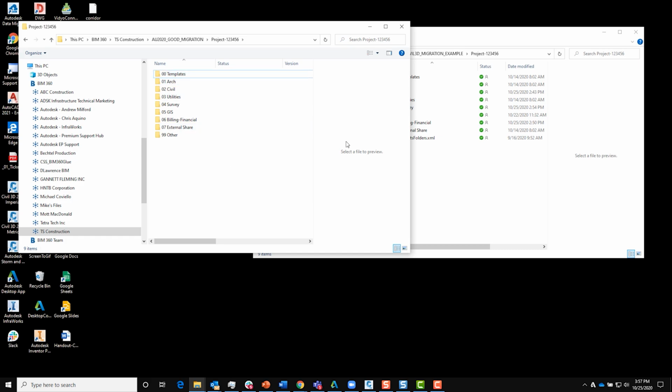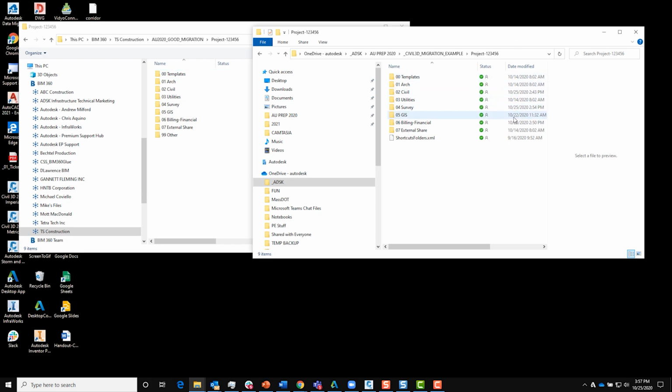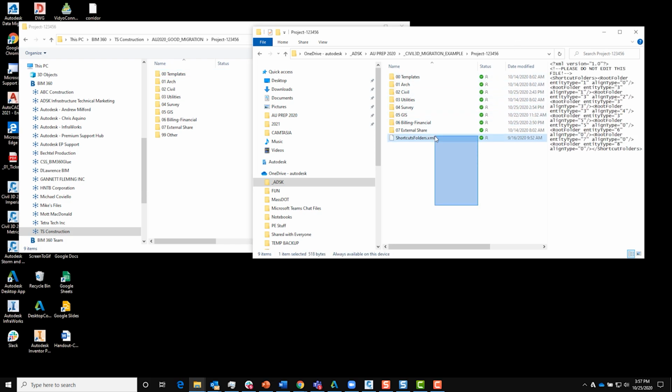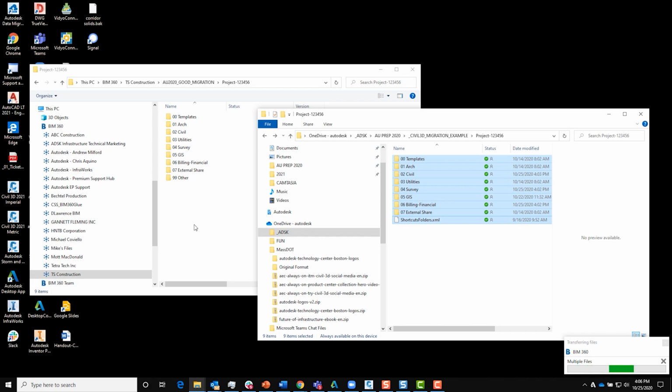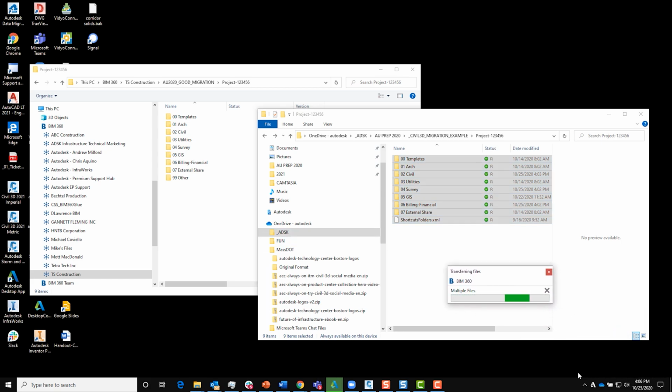Okay, we are ready to go. So let's go ahead and select all of our folders, and we'll drag and drop that right into the BIM 360 project folder. Immediately, Desktop Connector jumps into gear and we'll see multiple files uploading themselves to BIM 360.